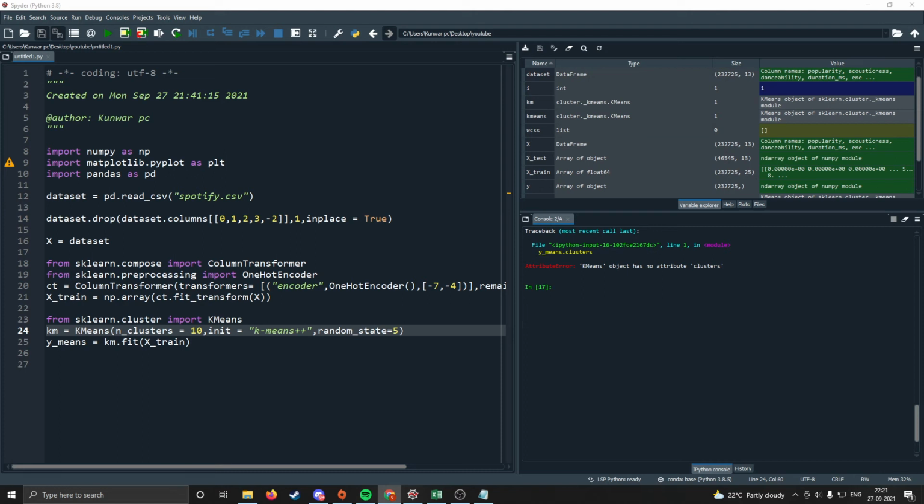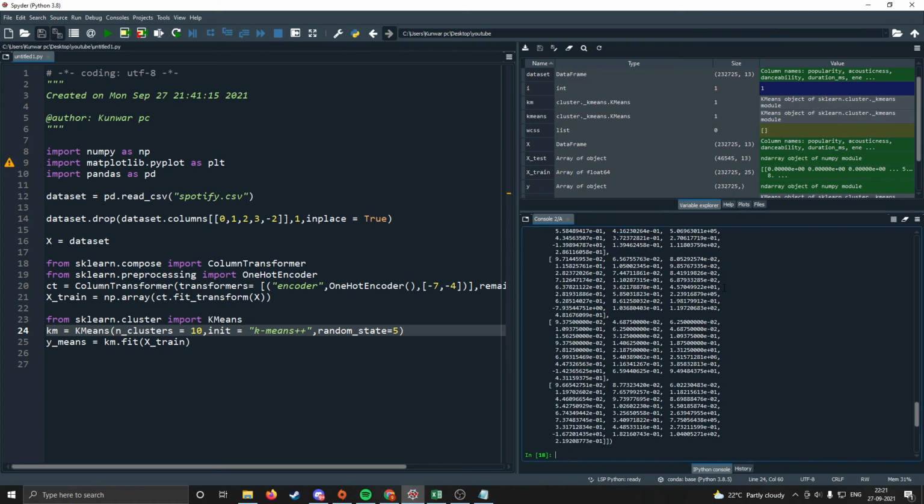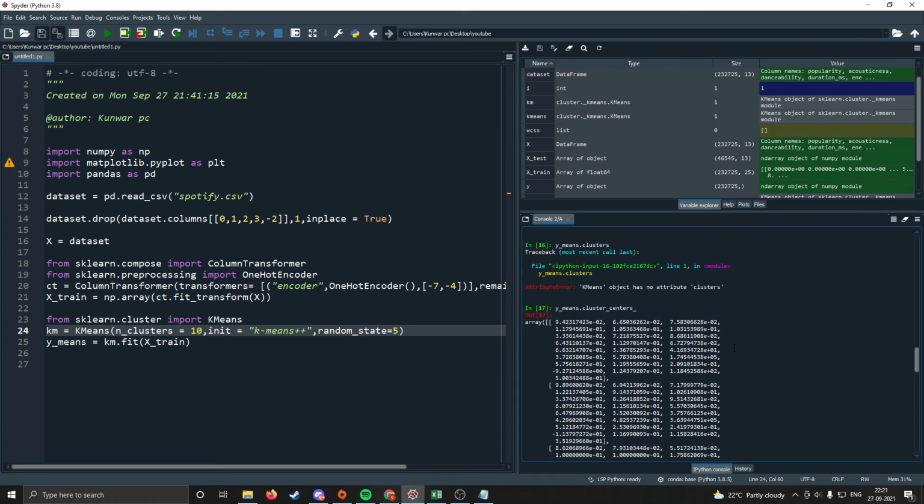So to get the cluster centers, the command is y_means dot cluster_centers_. So you can see we have